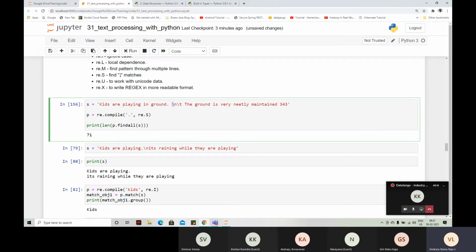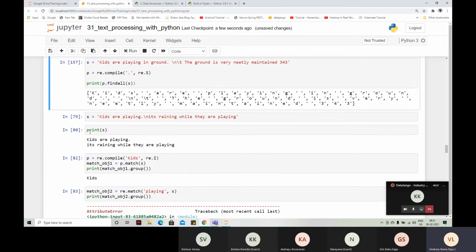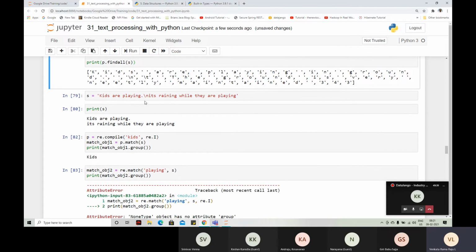I forgot actually. I thought it is for dot, for except for /n. If you want to get /n also, you should put re.S. Okay. If you want to find /n also, then you should put re.S. That's the thing. And then